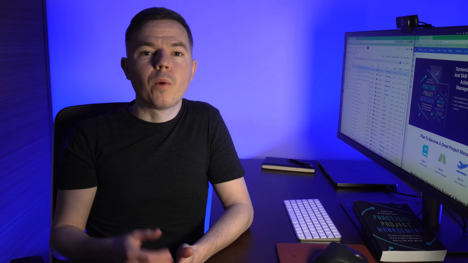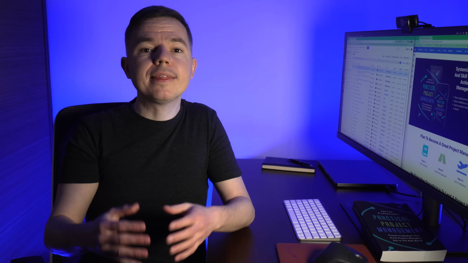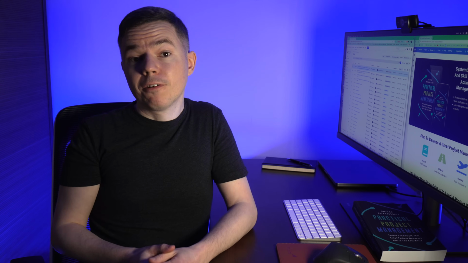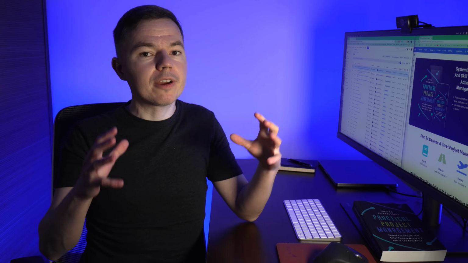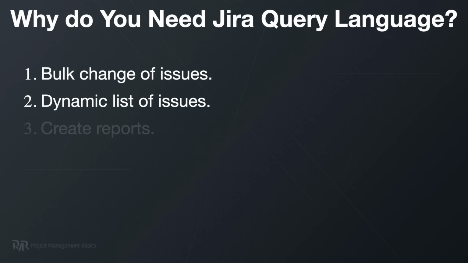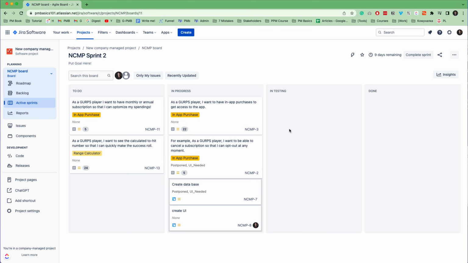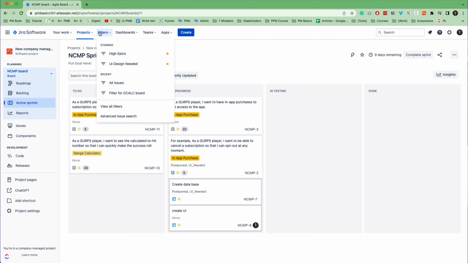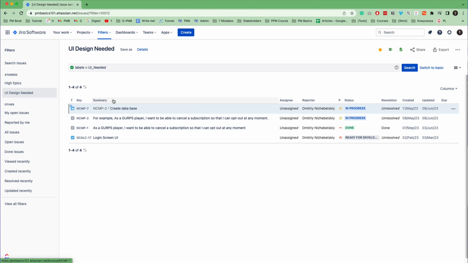Third, you can query issues created after a specific date or within a range of dates. For example, it can give you a list of defects created during a week, so it's the basis for many different reports. Fourth, you can save the query as a filter, and then you can easily access filters here at the top. So it allows you to monitor selected issues with just 2 clicks away.